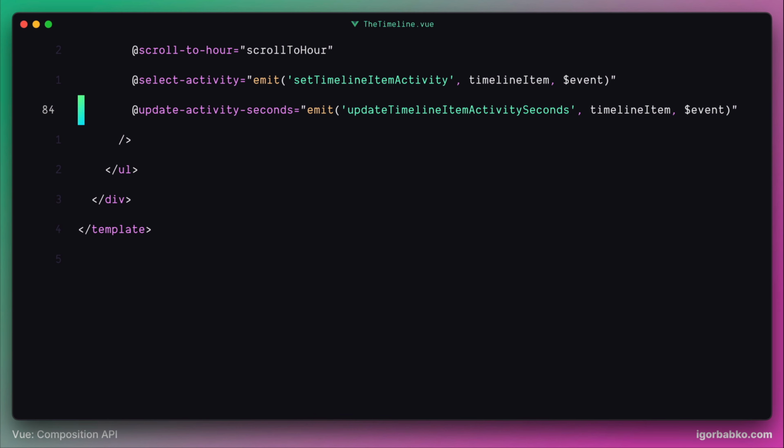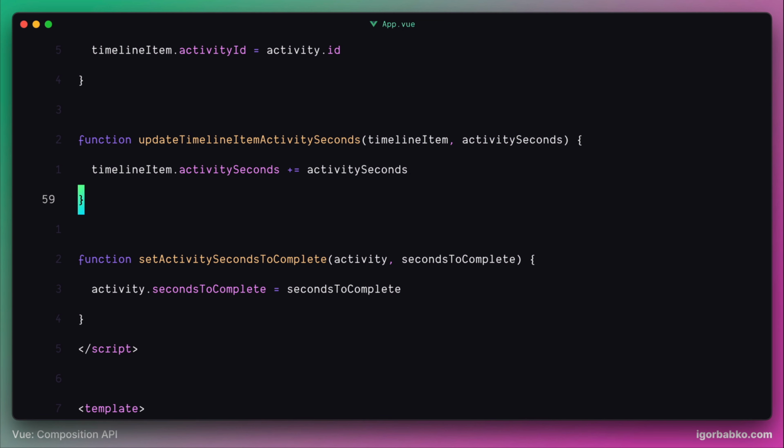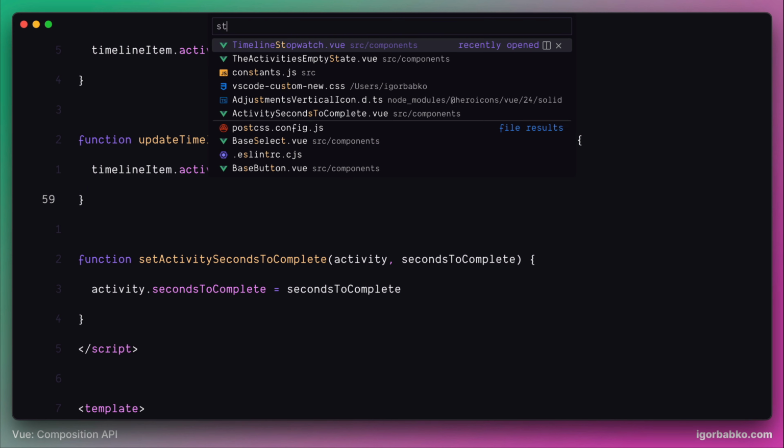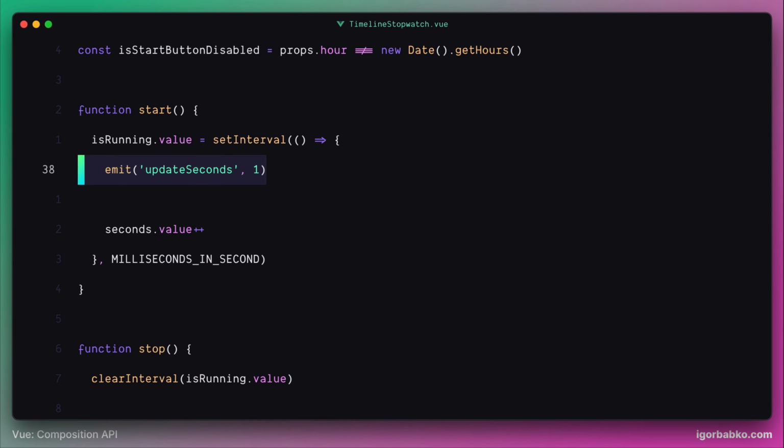And finally, within the app component, we have registered a listener update timeline item activity seconds, which is basically going to add value of seconds to activity seconds property of timeline item object. So as we can see, we had to do a lot of work in order to update this single property activity seconds. We had to fire a custom event from timeline stopwatch component all the way up to the root